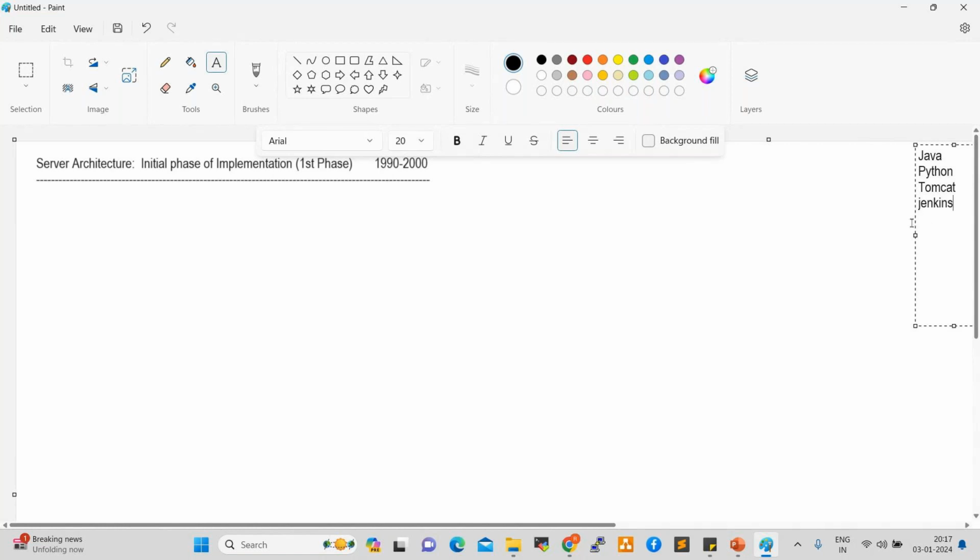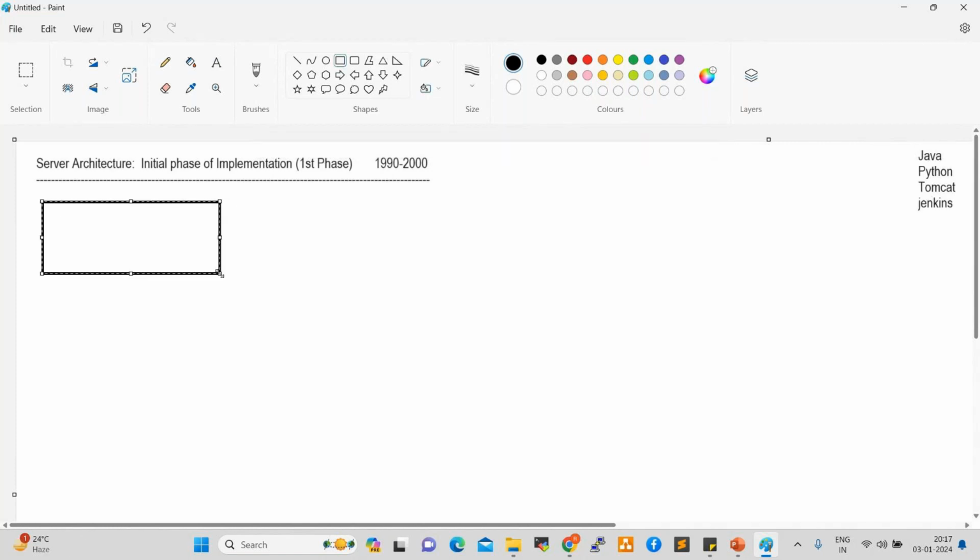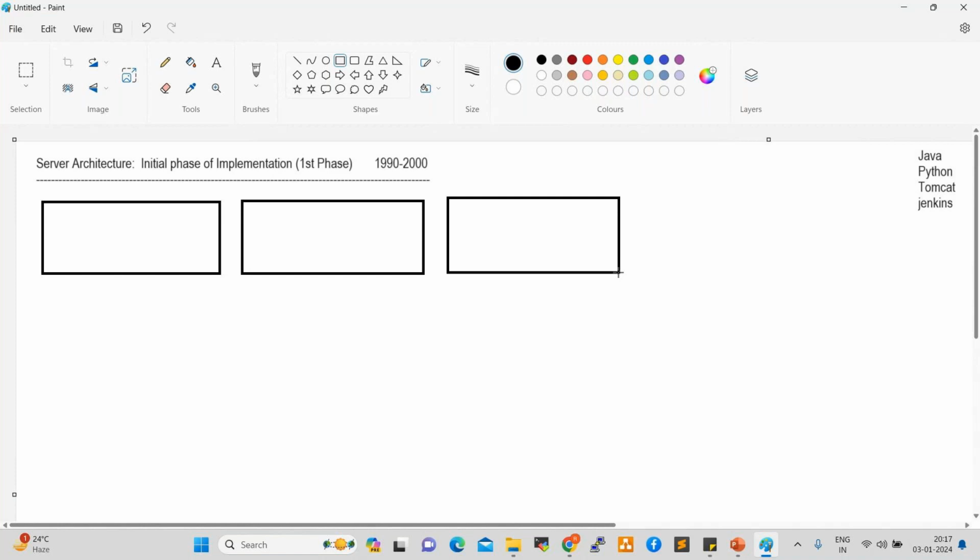The project teams used to take one server for each application, so four servers for four applications. We can host these applications on these four different servers.